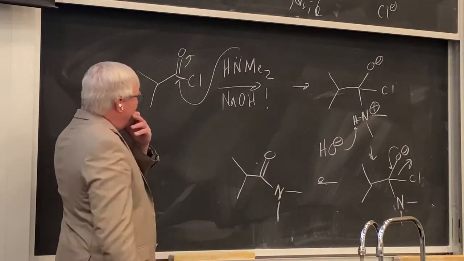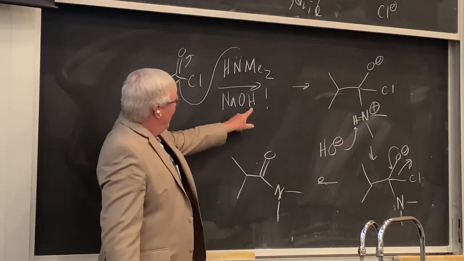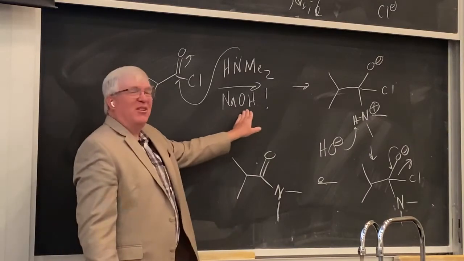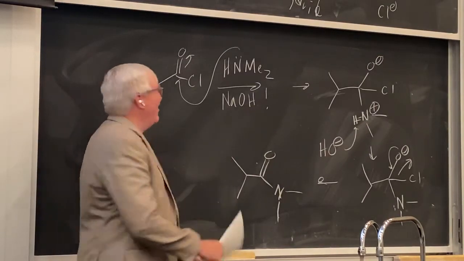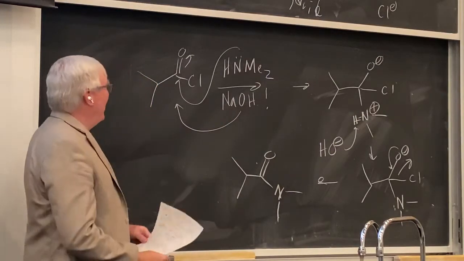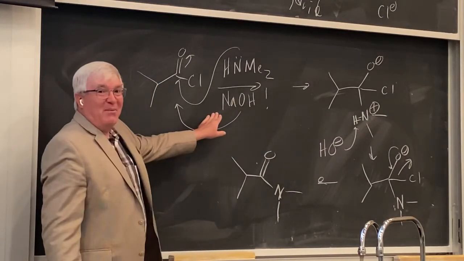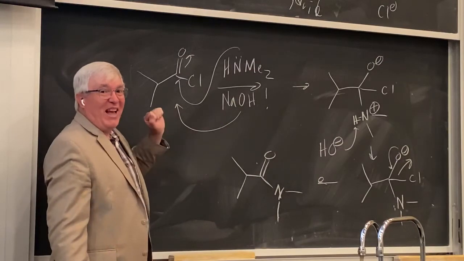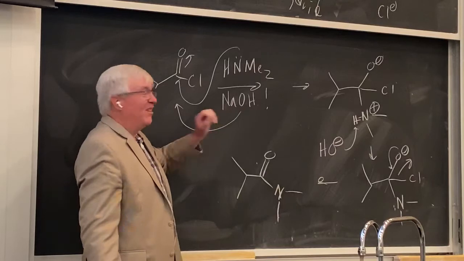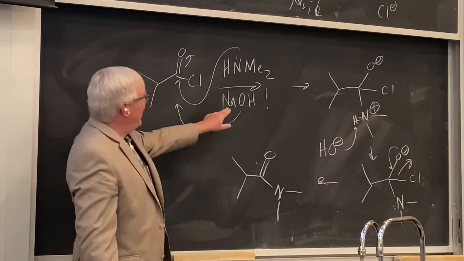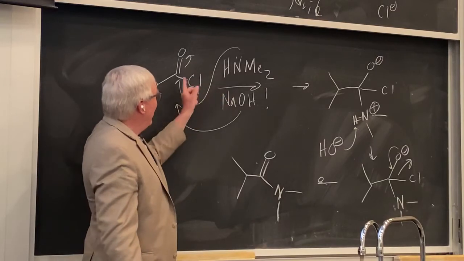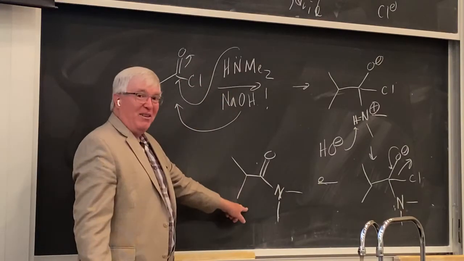Now, I like to point out, why can we get away with this base? This base is also a good nucleophile, right? How come we didn't have this go in here and function as the base? Then we wouldn't have gotten an amide product, right? We would have gotten a carboxylic acid, okay? Or the carboxylate with the excess hydroxide. So what does this mean? If we can get away with using sodium hydroxide in the presence of an amine, and the amine wins out, it's the better nucleophile,